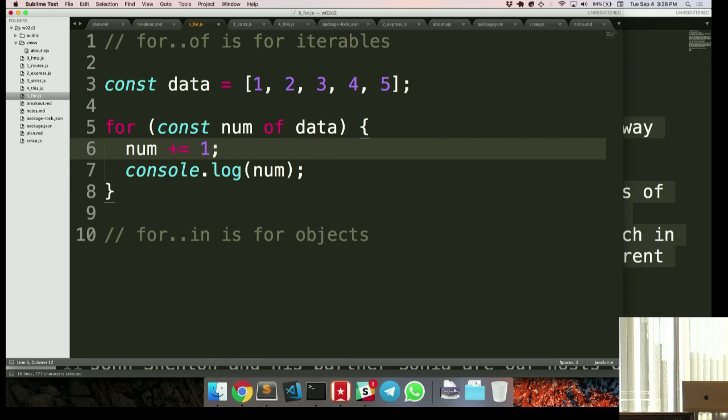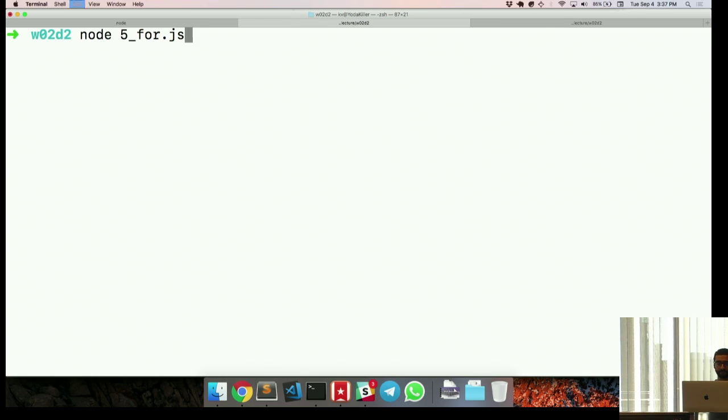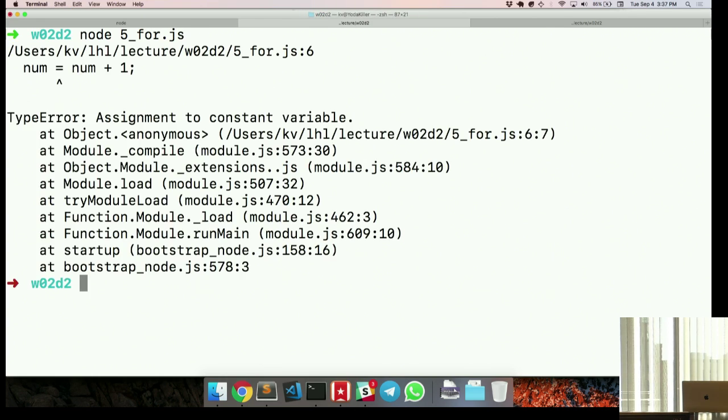So it seems like some people here at least know that with const, you cannot re-bind that variable or re-assign that variable. Because what this is doing is num equals num plus 1, which is a reassignment on that variable. Even though it seems like you're just incrementing it by 1, you're actually reassigning a value to it, right? And so I expect an error there that the const cannot be reassigned.